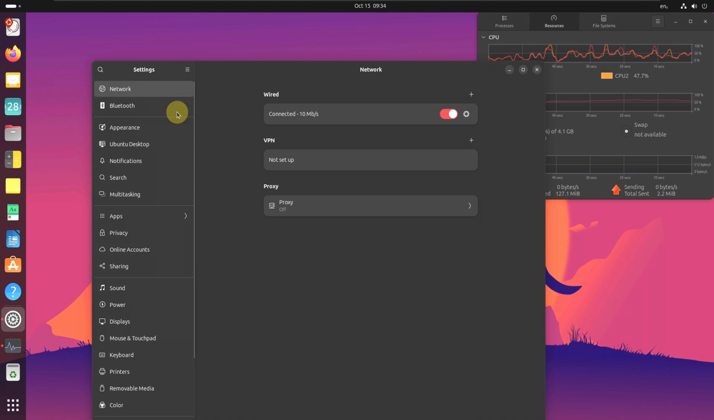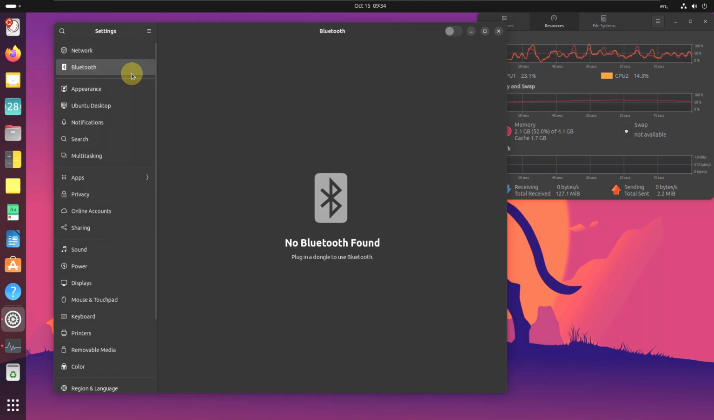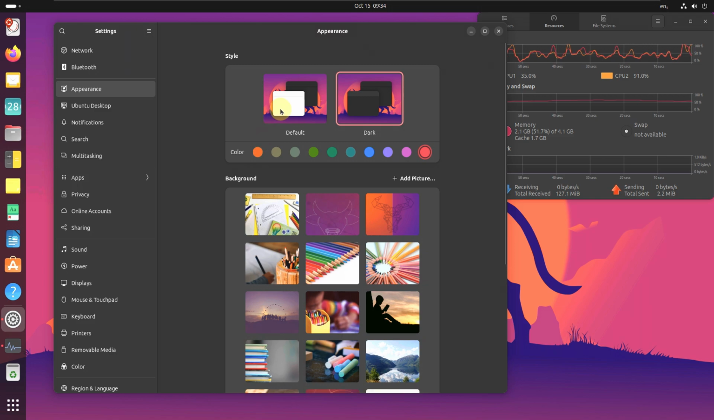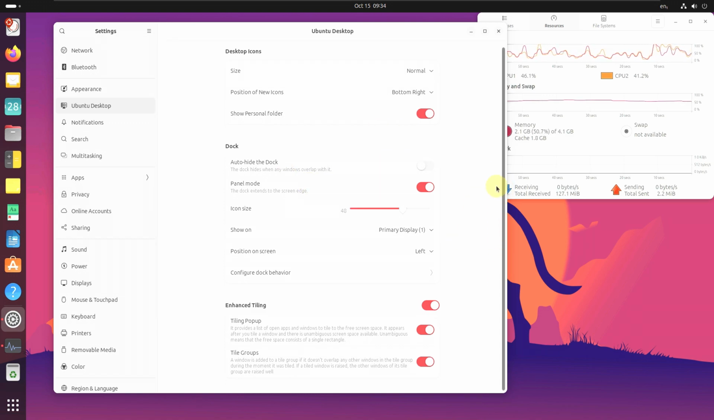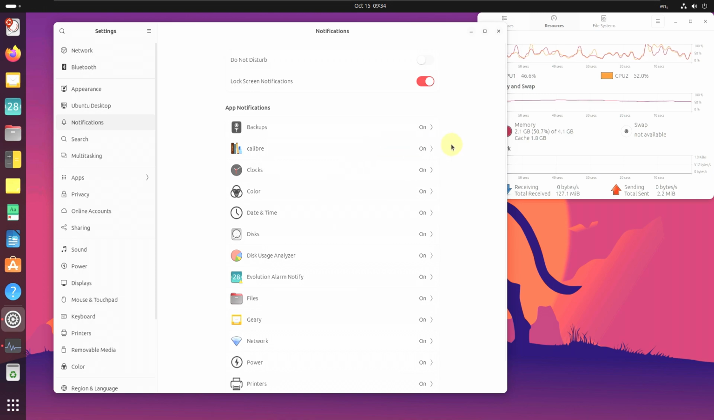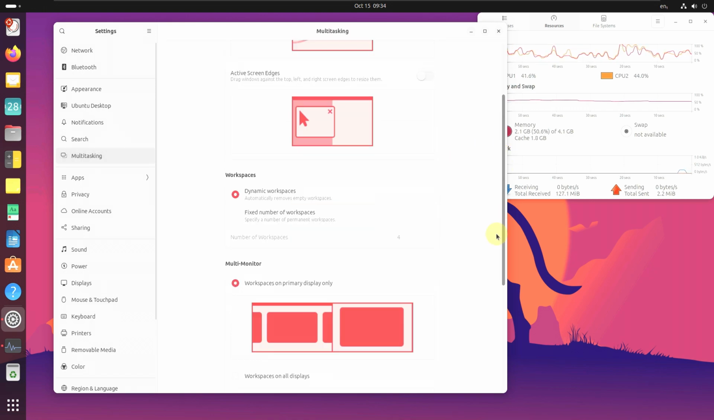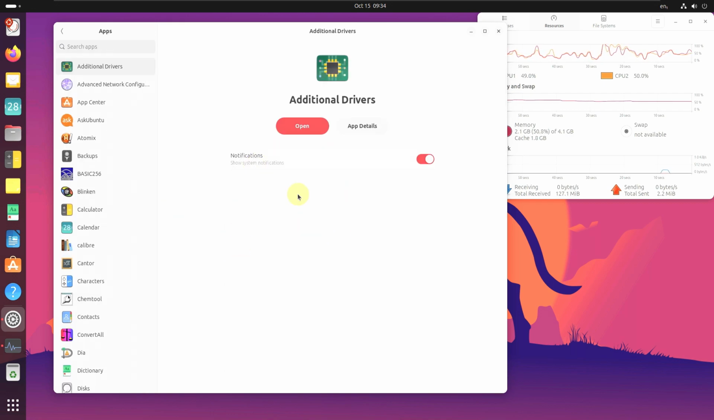So these are all the same options which are available in the GNOME 45 desktop environment. Because this is a GNOME 45 desktop environment, you get all the same options. Appearance, let's choose the light version. Ubuntu desktop, with options for the dock customization here. You can customize all the options if you want. This is the notification. You can turn off the notifications if you want. Search, multitasking. You can even customize all these things. And the apps,